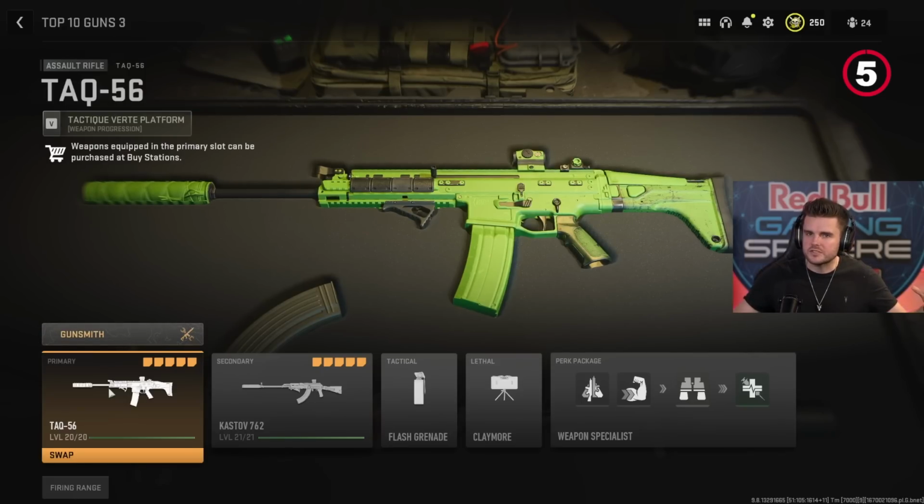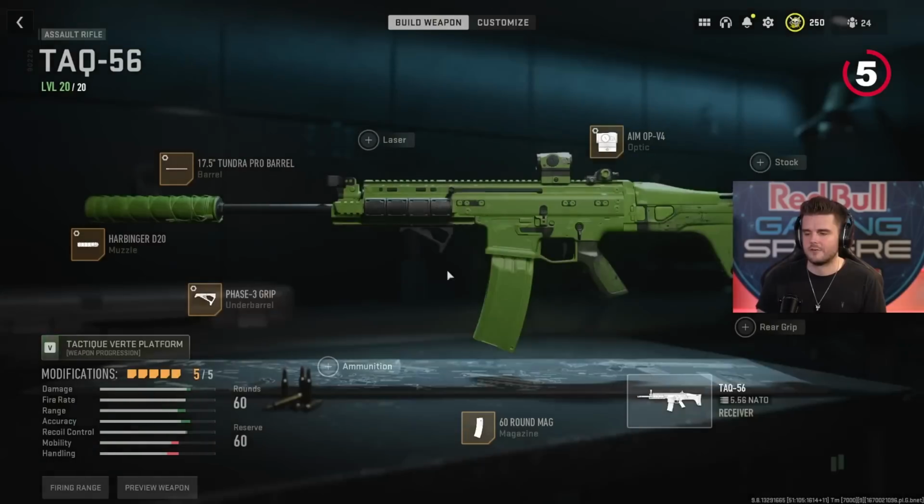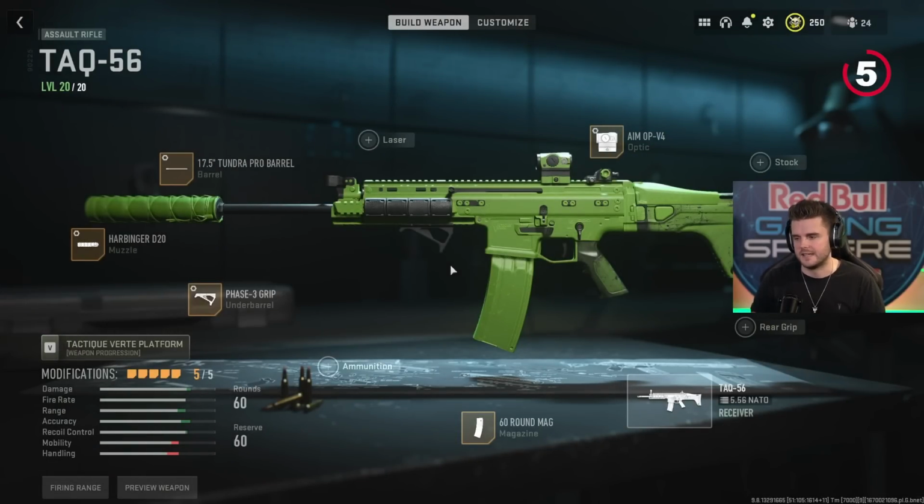Now, it's of course time to get into the long range meta. This is what is so important within Warzone 2 because the majority of your gunfights are those mid to long range fights across the open ground. So the assault rifle of choice, and I think it's a great all-rounder, has got to be the TAQ-56. This seems to be the starting weapon for most people within Warzone 2. If you're hopping on for the first time, want an easy gun to use that's going to perform really well,